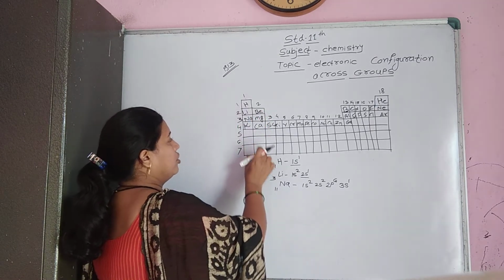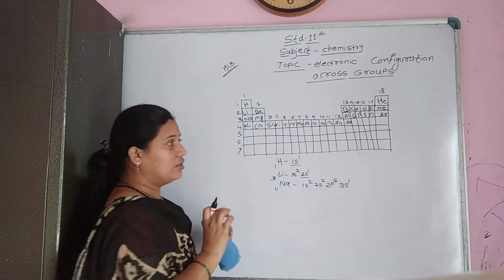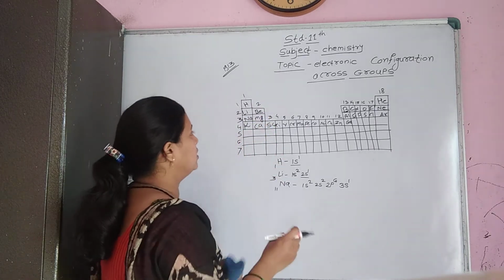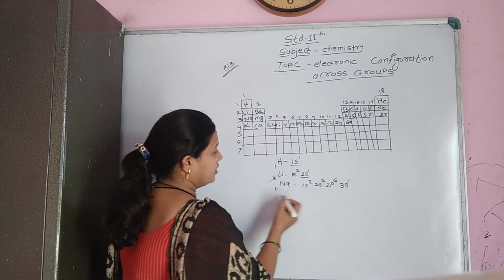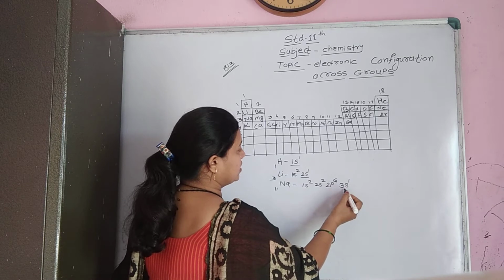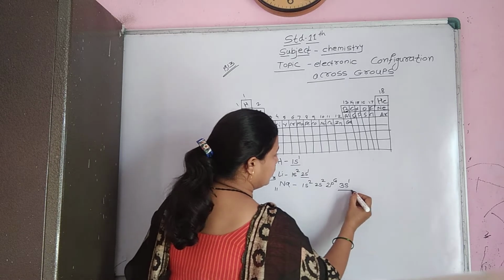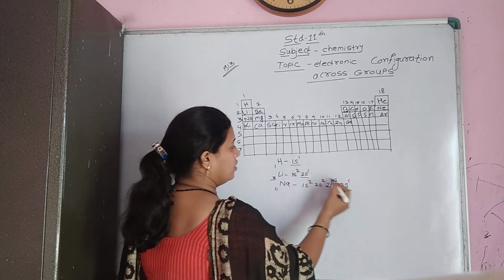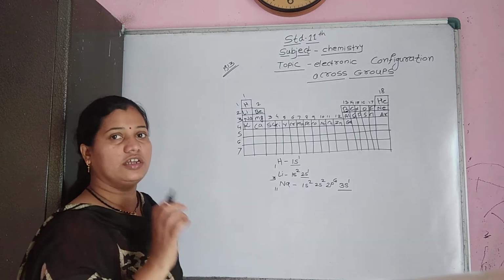among the groups, we find that the shells increase, or a new shell gets added in increasing order. When we write the electronic configuration of sodium, as sodium has atomic number 11, it is 1s2, 2s2, 2p6 and 3s1. 6 plus 2 is 8, plus 2 is 10, and 1 is 11. Here also we find a similarity in the outermost electronic configuration: 1s1, 2s1, 3s1, and from this we identify the general electronic configuration.